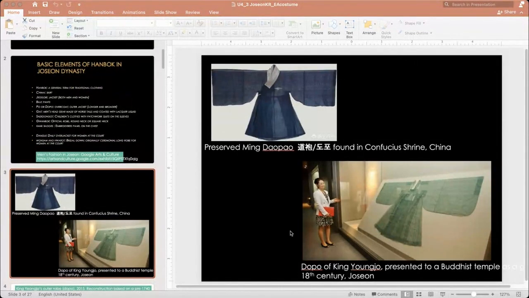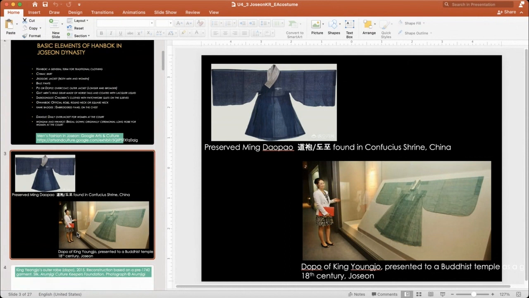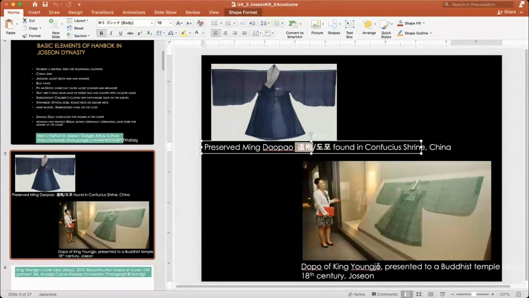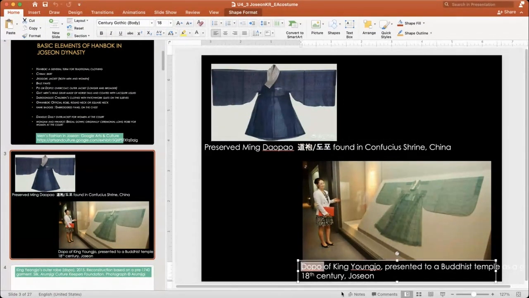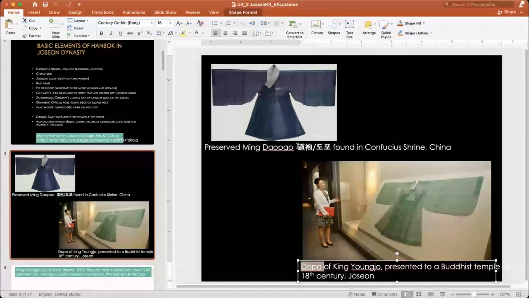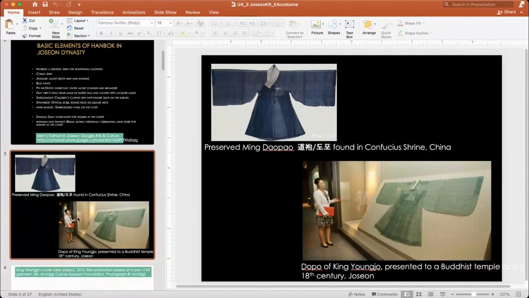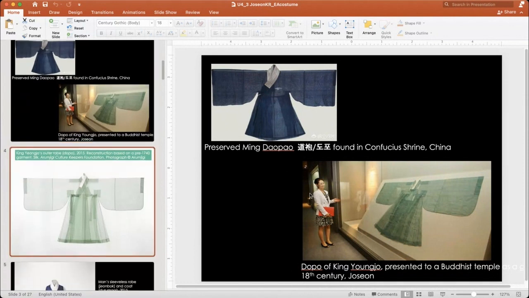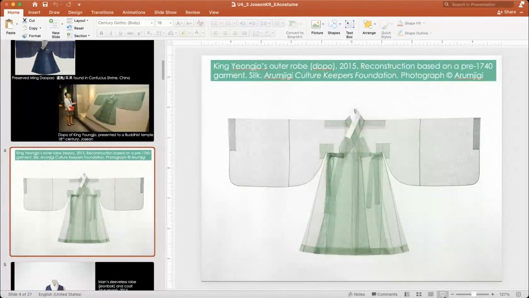Oh, Nancy. Yeah, I have a question. Is the garment called dapao in both China and Korea, or is it a different name in Korea? It's the same name, especially the Chinese character, but the pronunciation is different. So in Korean art, you have to remember it as dopo. Okay, so it's spelled differently because the pronunciation is different. Yes, just as things differ in English, right? So if we're talking about China, it's the dapao. If we're talking about Korea, it's the dopo. Okay, got it. Thanks. Yeah, I feel like I'm a language teacher here.